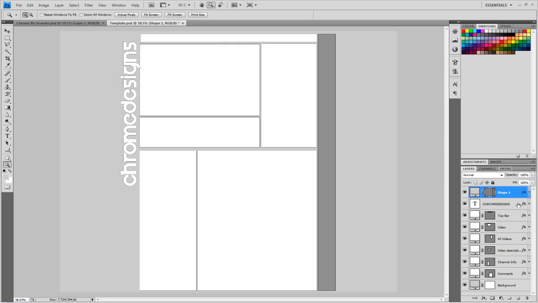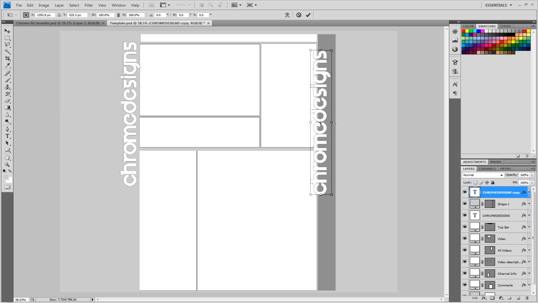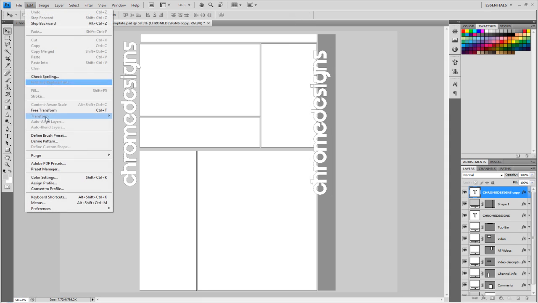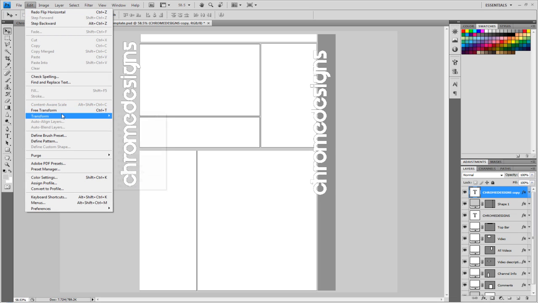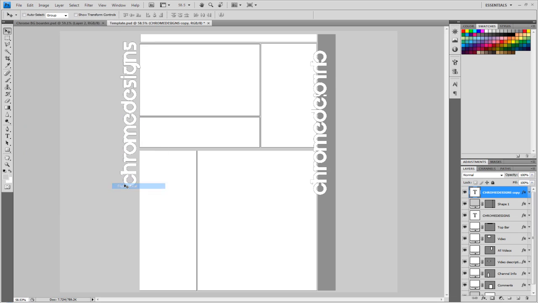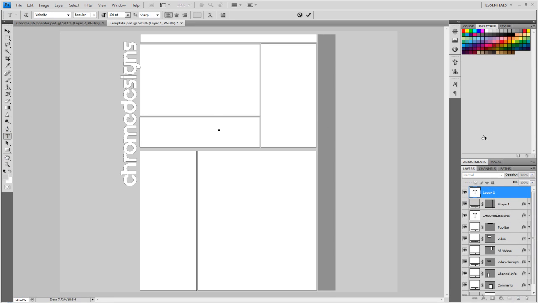So now what you want to do is go on your original text that you made and click Ctrl J. This will basically duplicate it, or you can just drag it into the new layer. Now move that to the top, above the layer that you just made, so it appears above, and go to Edit, Free Transform. I'm not going to do Free Transform, I'm going to transform and flip horizontal. In fact, I'm not going to do that. I'm going to flip vertical. You know what, it's a bit late. I'm just going to type the text out new. I'm going to type